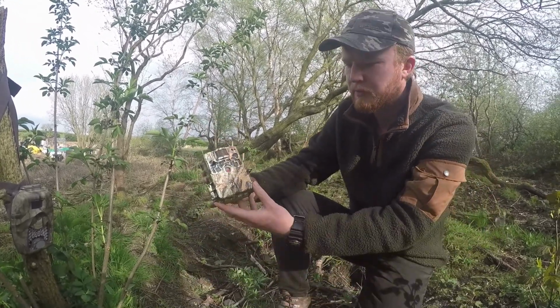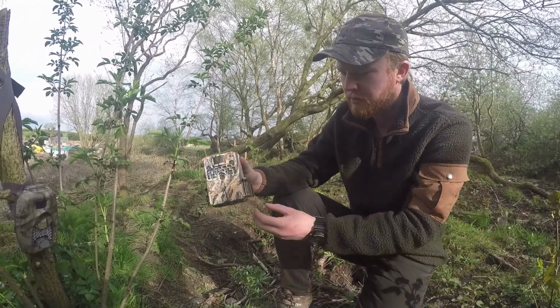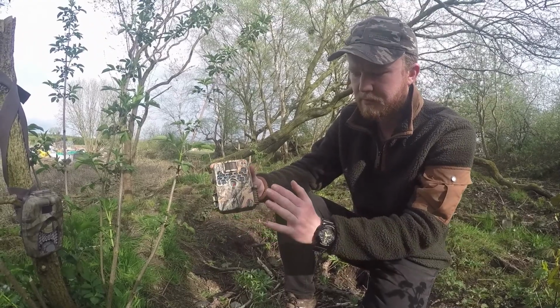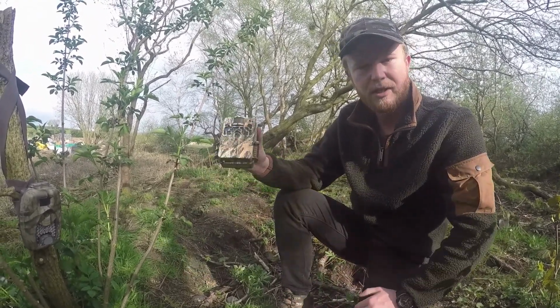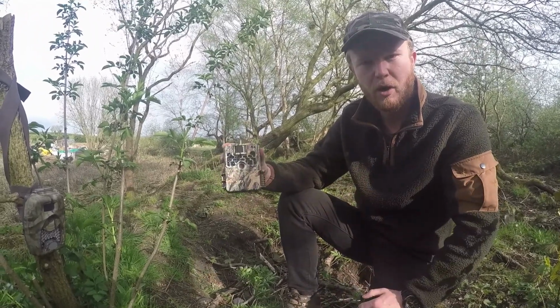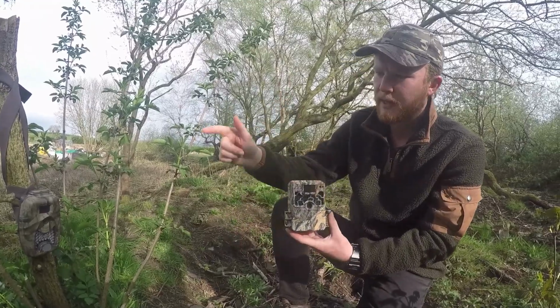Most of the time with these camera traps you will get a handy setup guide, which is pretty good. The one I got with this was very simple, straight to the point. Tells you exactly what to do to get some fantastic wildlife footage. But one thing we are going to show you to do today folks, is show you how to set up